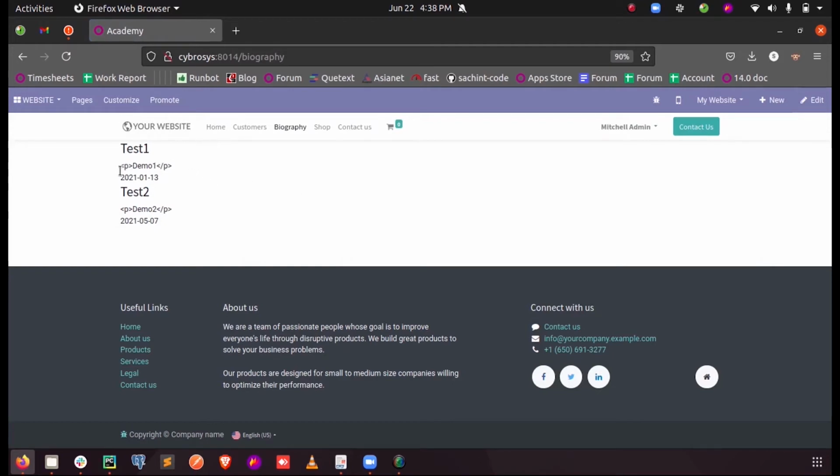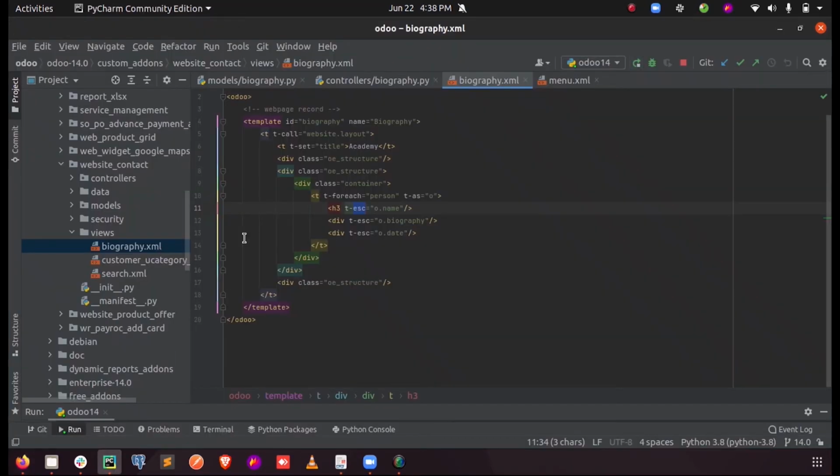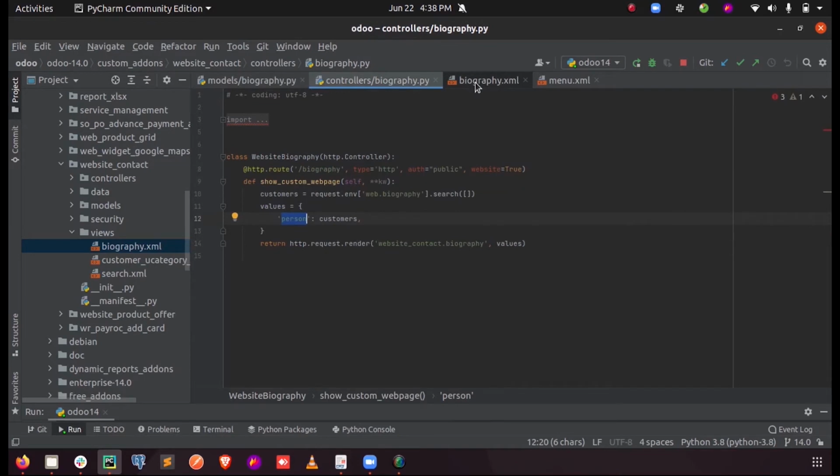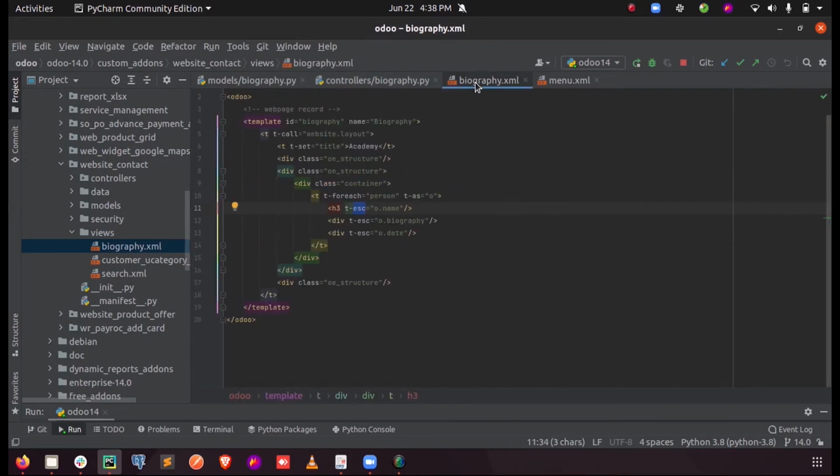This p tag is shown because in PyCharm you can see while defining the field I have defined an HTML field. So it will show the raw field instead of just showing the data inside the field. Later when we come to the field options, you will understand it in brief.